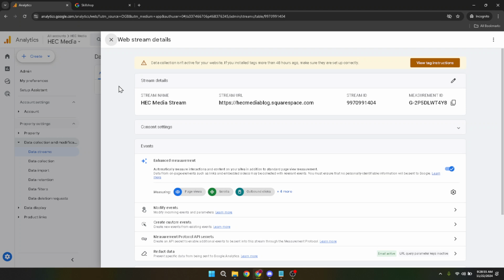Finally, you've reached the critical point where you can find your GA4 property ID, here referred to as your measurement ID. It will be visibly listed on this page, typically starting with G, followed by a series of numbers. This measurement ID is what uniquely identifies your website within Google Analytics, allowing it to collect and report data specifically for your site. Take a moment to copy your measurement ID. It's essential for setting up Google Analytics on your website, enabling you to start tracking and analyzing your site's traffic. Whether you're integrating this ID into a website builder, a WordPress plugin, or coding it directly into your site, this measurement ID is what bridges your site to Google Analytics.